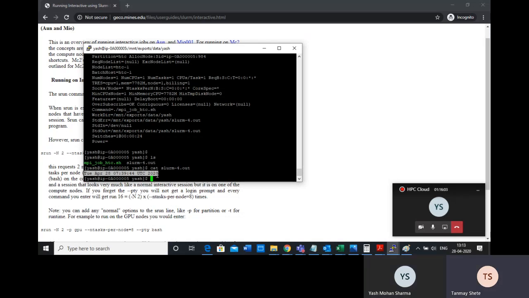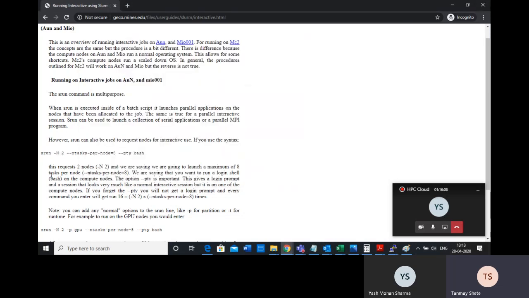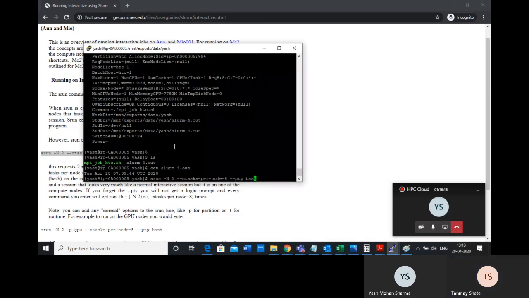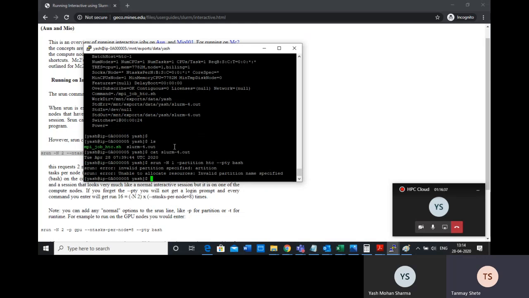Now, because the machine does not stop immediately, it takes some time to wait and then stops. So suppose I run an interactive job. I can say I want one node, and I can say the partition, because I want to connect to one of the different partitions, HPC or HTC. So I say HTC. Invalid partition specified.